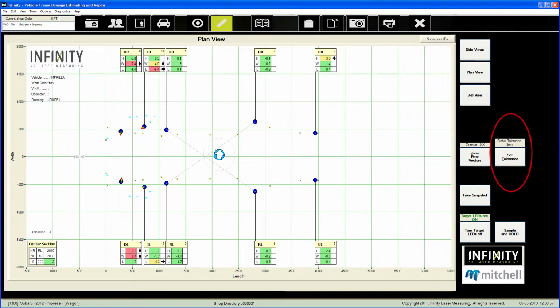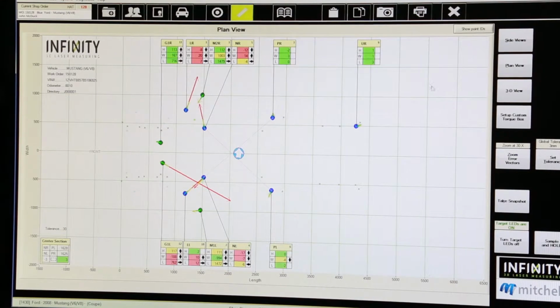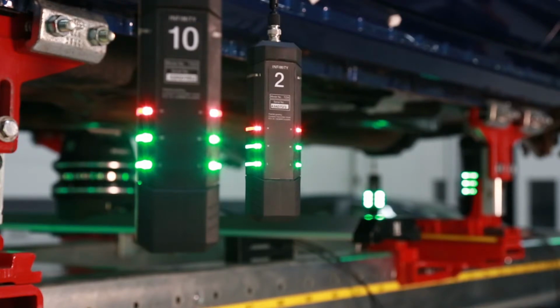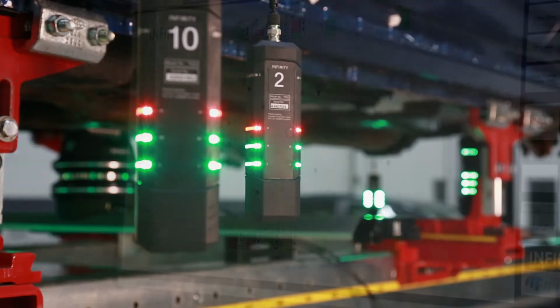The tolerance control has several preset buttons for the most common settings, and sets the colors that are displayed by the targets. The thermometer display illustrates the color change points for the arrows. The target LED control allows the user to enable or disable the display's LEDs on the targets. This is a power savings mode and can be used if you will be away from the vehicle for a